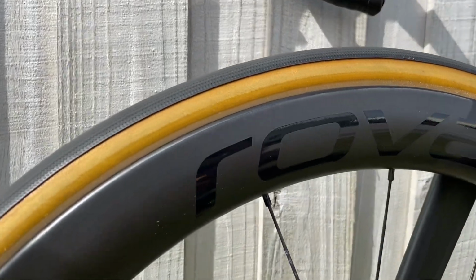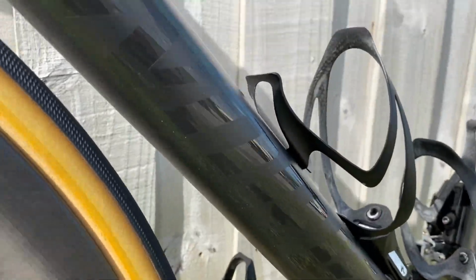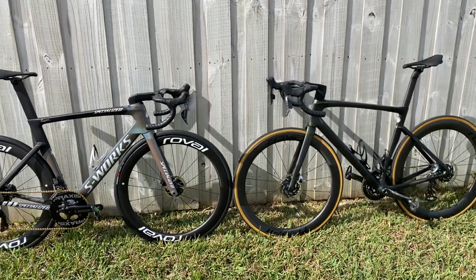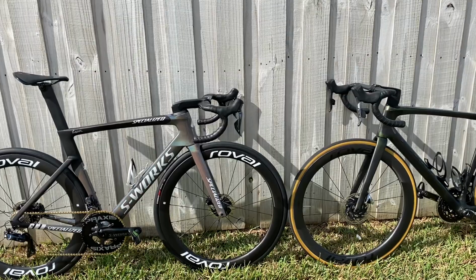They glossed this one out to match the frame on the S-Works on the down tube. So it looks really good on both bikes. One other thing I did want to bring up and mention is that when you're doing a